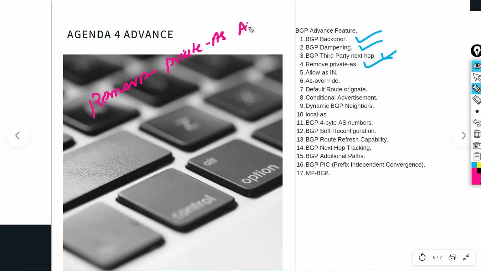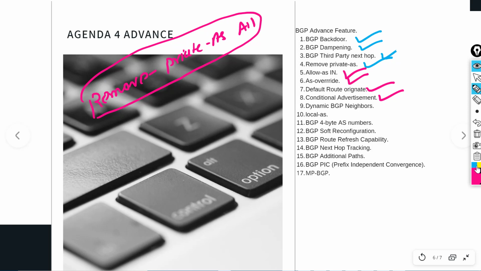This command is only available in the 15.0 IOS version, so we'll discuss this as well. Then after that we'll go to allowas-in and AS override. How many ways can we generate a default route in BGP? We can see default-originate. Conditional advertisement means we can provide some policy to advertise a route.